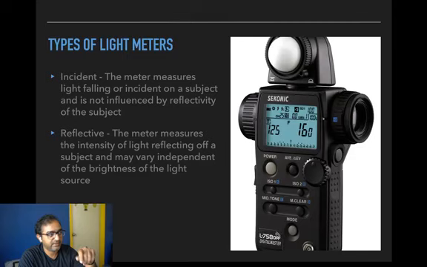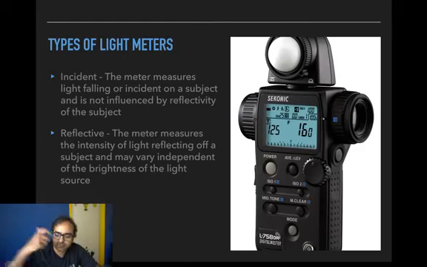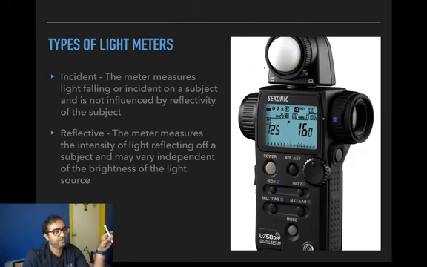If anyone has watched America's Next Top Model, or any of the pros shooting in the studio, some of them will use a light meter. It looks like what I have up on the screen right now. It's a little handheld device. They'll put it in front of the model, take a light meter reading, put those readings in the camera, and then shoot the photo. There's a little bulb on top that measures the amount of light. This is called an incident light meter, a meter which measures the amount of light falling on the subject. Let me make that clear with the whiteboard.